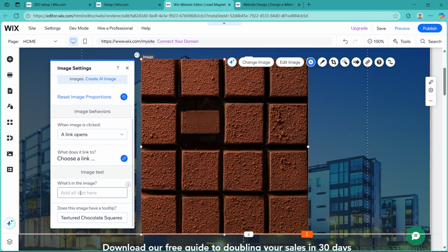Now, final verdict, adding meta tags and alt text in Wix is super easy once you know where to look. These small SEO tweaks can make a big difference in how well your site ranks and how quickly Google